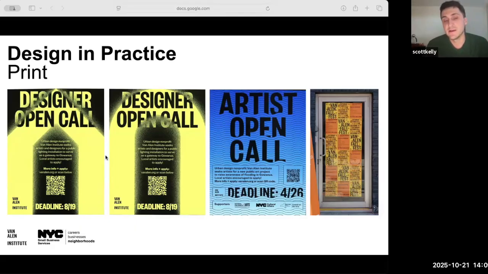There are certain colors that your office printer is just not going to be able to create. Or if the design is heavily predicated on motion, how are you going to translate that to print? So these are all examples of flyers that I did for Van Allen, and